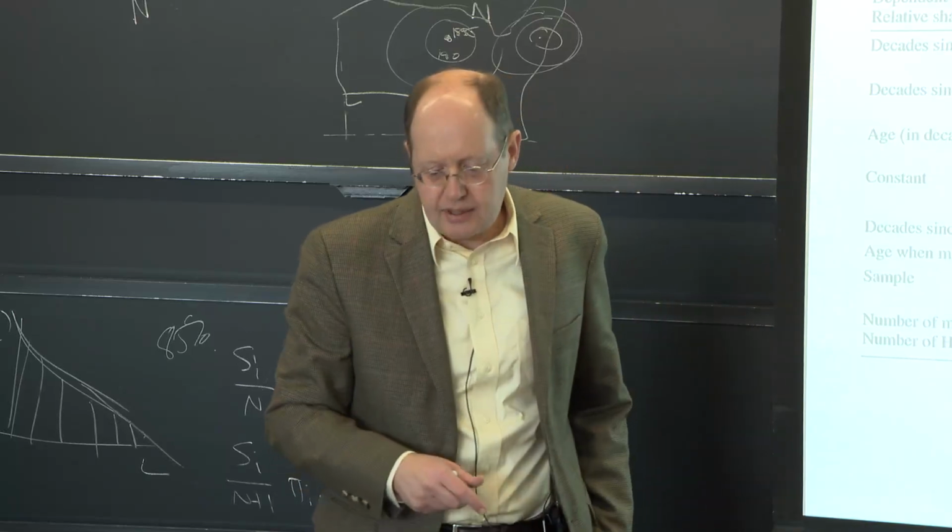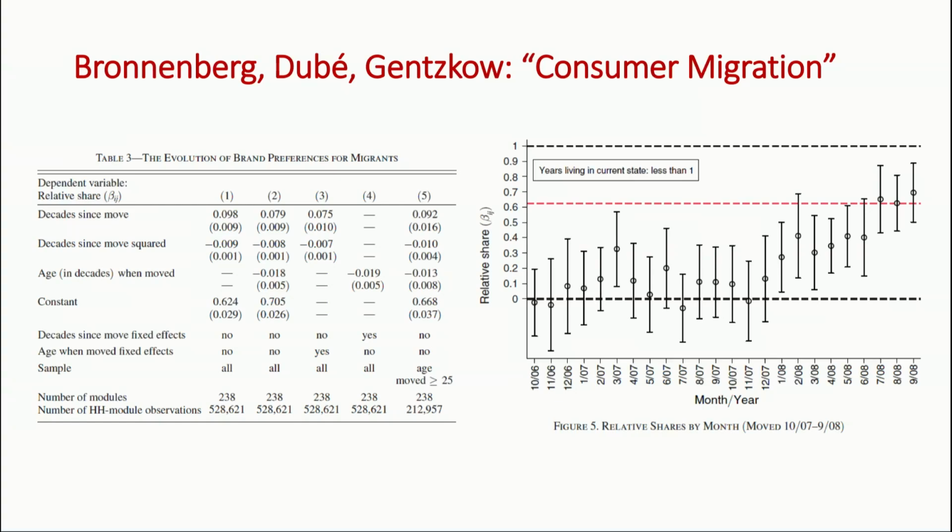They have evidence though, like they actually look at this sort of month-by-month data. They can't track it precisely, but they did their survey in October of 2007, and then they did their survey in September of 2008. And they asked people, how long have you been in your current state? The answers are integers: less than 1, 1 to 2, 2 to 3, whatever. So all the people who said, I'm living in some state in September 2008, I've been here less than a year, they know that they moved sometime between October of 2007 and September of 2008. They didn't ask for the month of the move.